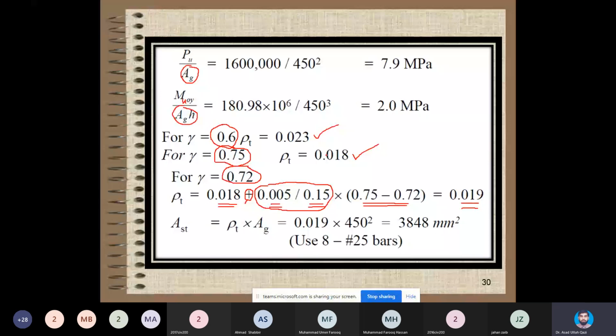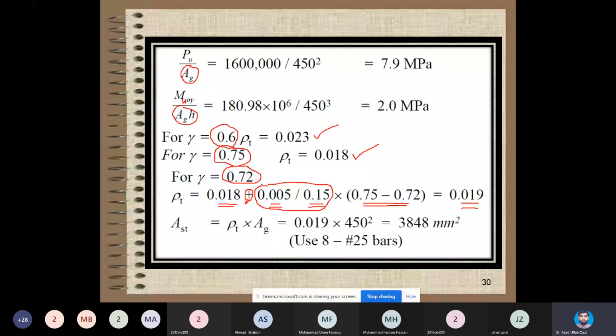So since you are moving towards 0.6, because 0.72 is less than 0.75, plus is selected here because you know that your answer will be greater than 1.8%, and so your calculations are